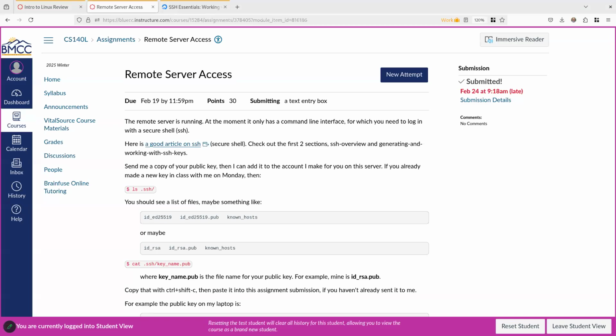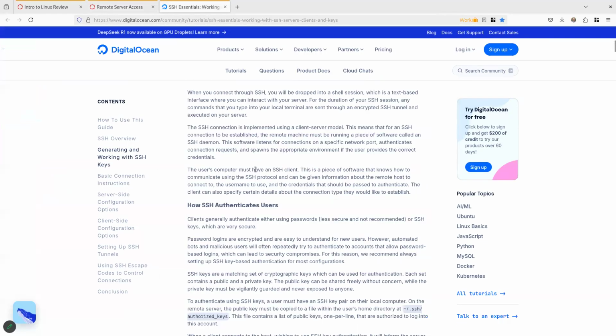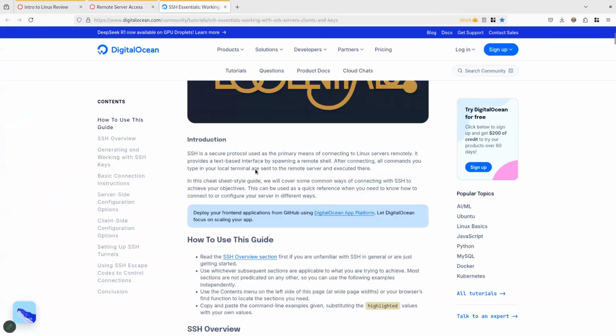So Zoomy here needs to create an SSH key for a remote server to access it, because this server does not allow password authentication. That is not secure enough. So there's a link here to an article on how to use SSH, and Zoomy read through that